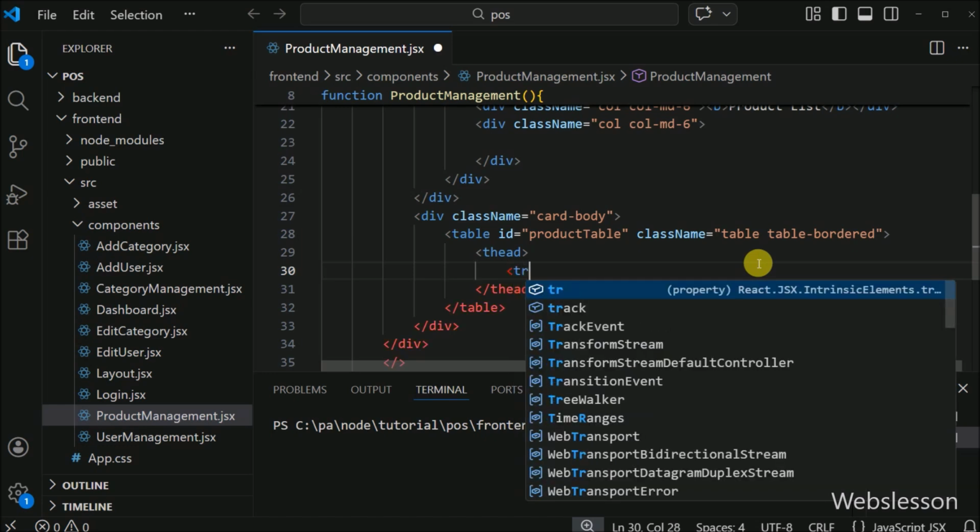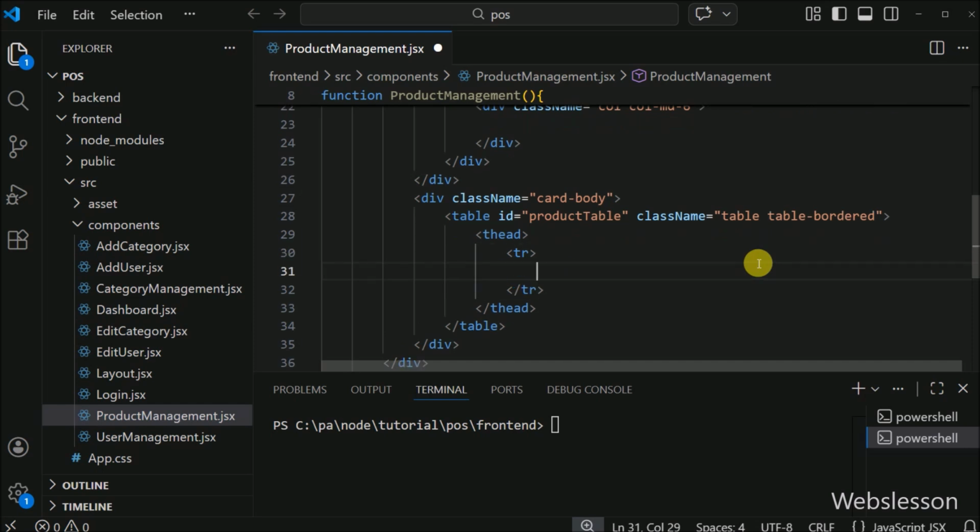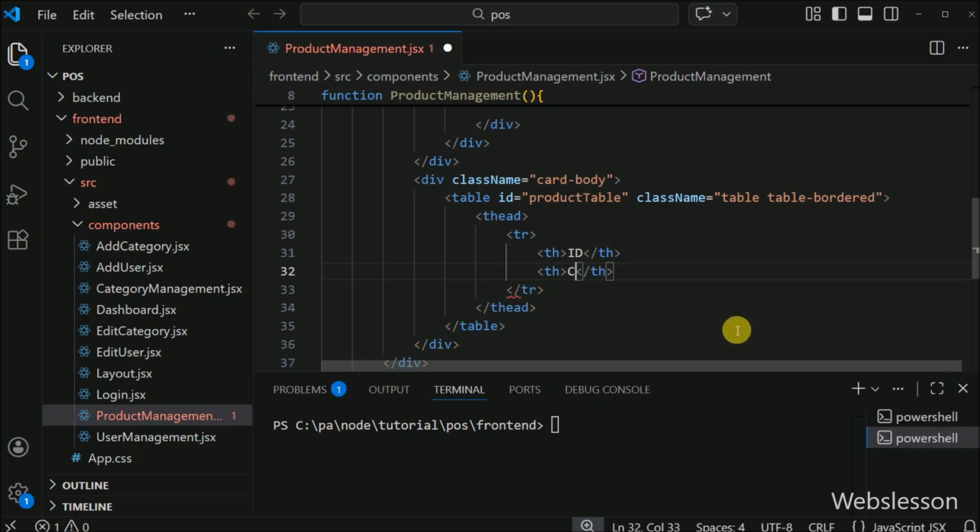Next we have to write a table row for headers. So here, we have started listing the column titles for the product table. First header for product ID data. Thus here, we have labeled the column for product ID and showing each product's unique identifier. Second header for category. So here, we have labeled the column for category name and displaying which category the product